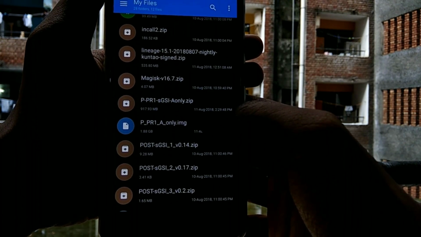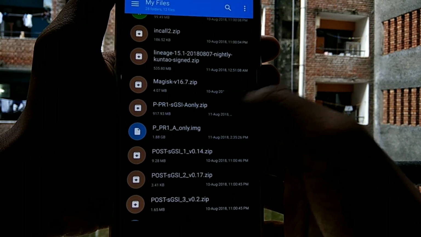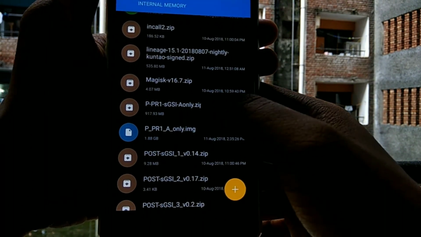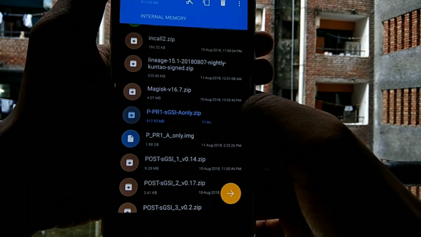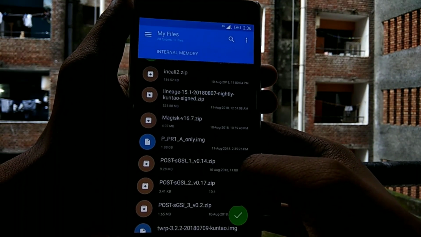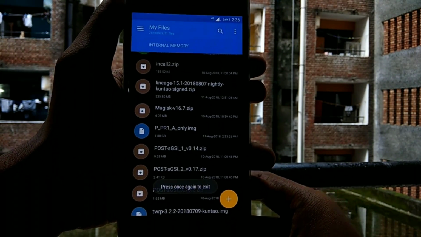Now the file extracted PPR1 A only image from the zip file. Now we don't need this zip file, so I am deleting this zip file. I just extracted this image file from the PPR1 zip file.